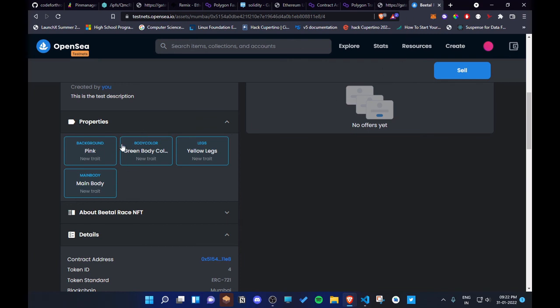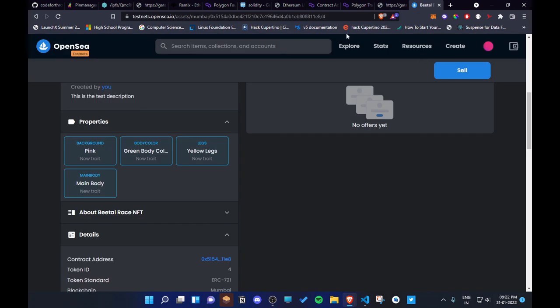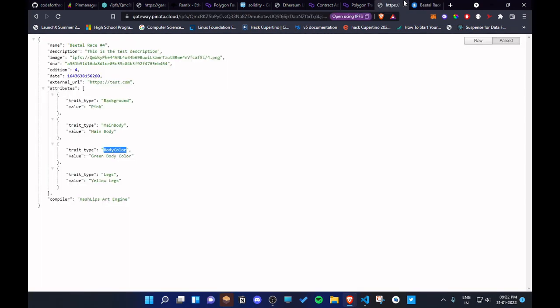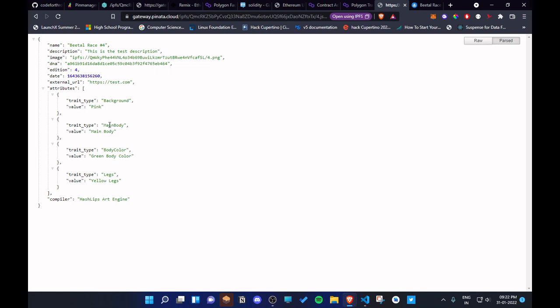Then we have the body color, which is green. This green body color, here we go. Then we have legs that are yellow in color, and the yellow color legs come from here. Then we have the main body, with the new trait, and we can see this main body right